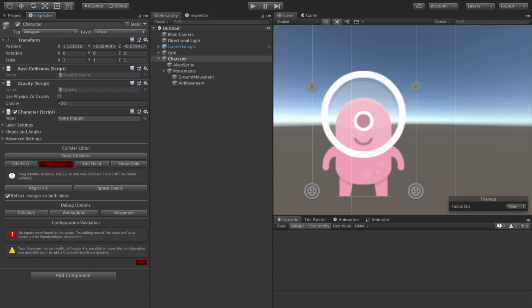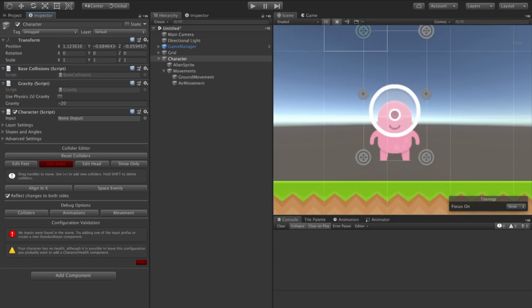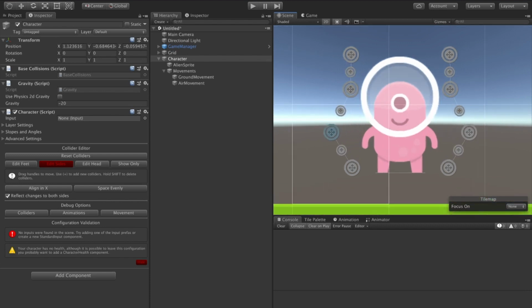If we click the Edit Sides button, we'll see we can change the sides of the character. Like the feet colliders, we probably want more than the 2 here. You'll notice that with the side colliders, it's actually possible to create odd shapes rather than a square. It's worth noting that for most characters, even if they do have some protrusions, it's better just to create a square-shaped collider. The odd-shaped colliders are best only for characters that have a very unorthodox shape, maybe a horse, for example.